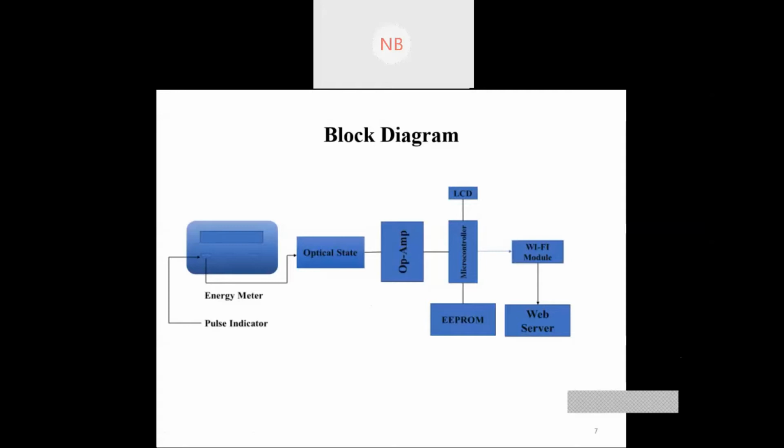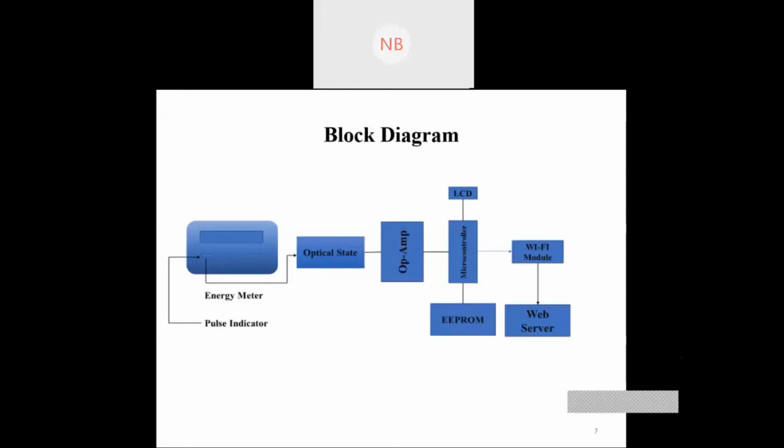So here we are using optical communication, that is an LDR. As we can see, it is an optical sensor in our circuit. From the energy meter to our device, the LDR is used to capture the light. Depending on the light falling on the LDR, we know the working principle of an LDR: when light falls on the LDR, its internal resistance immediately drops. If the light falls on the LDR, the internal resistance will drop and it will allow the current to pass through